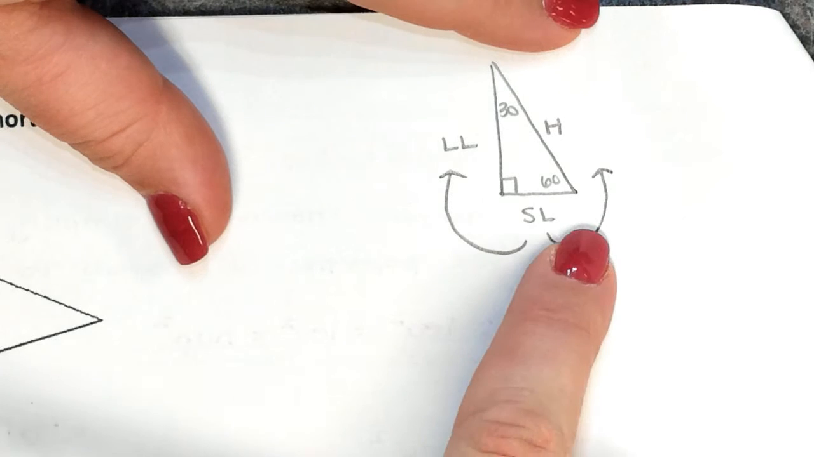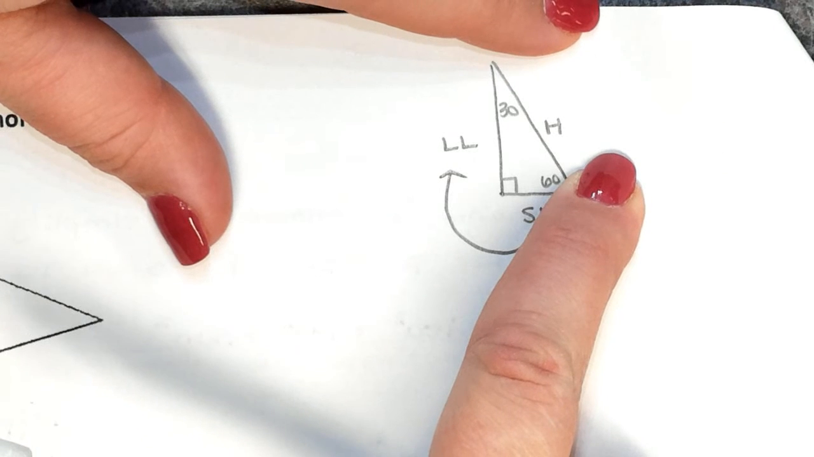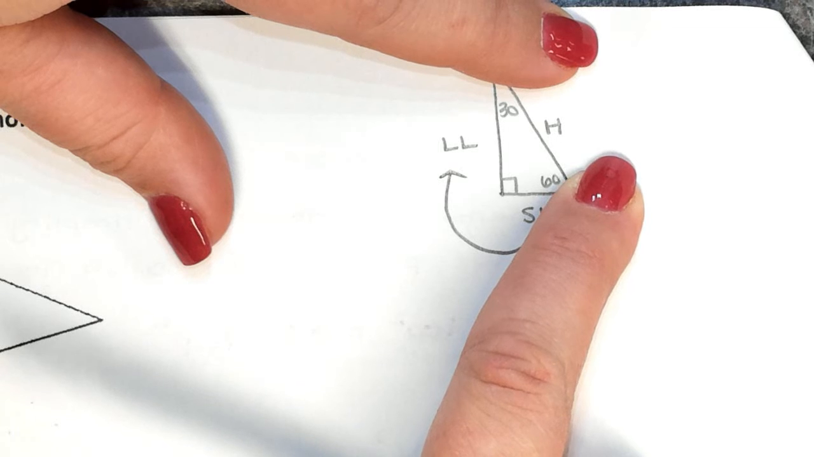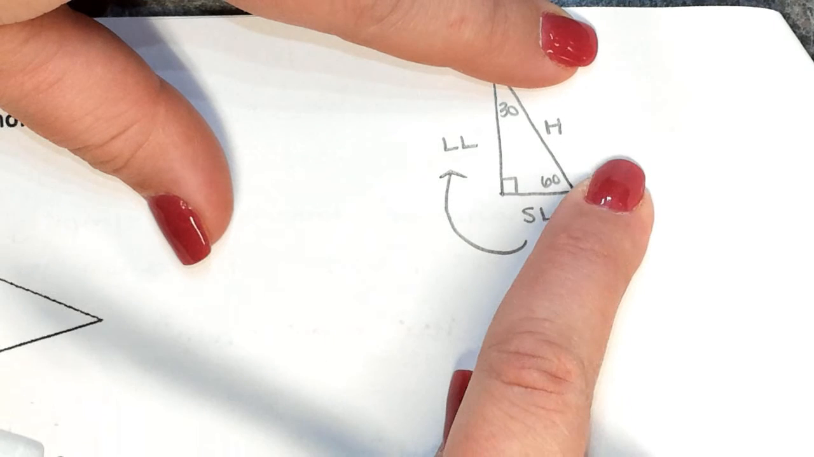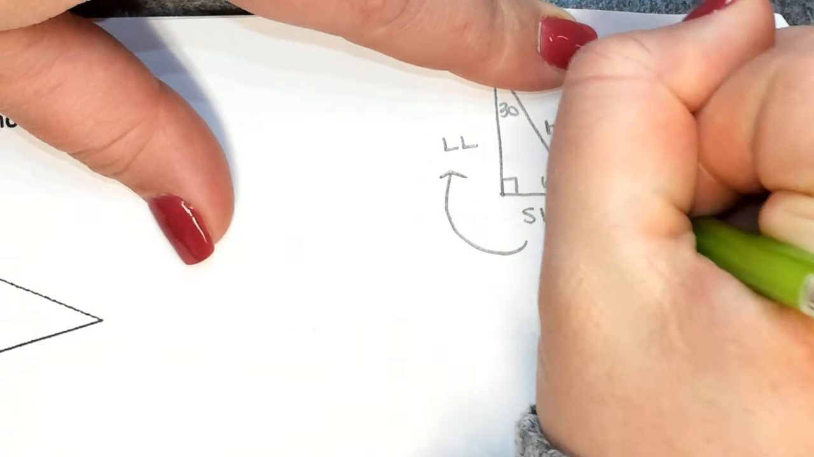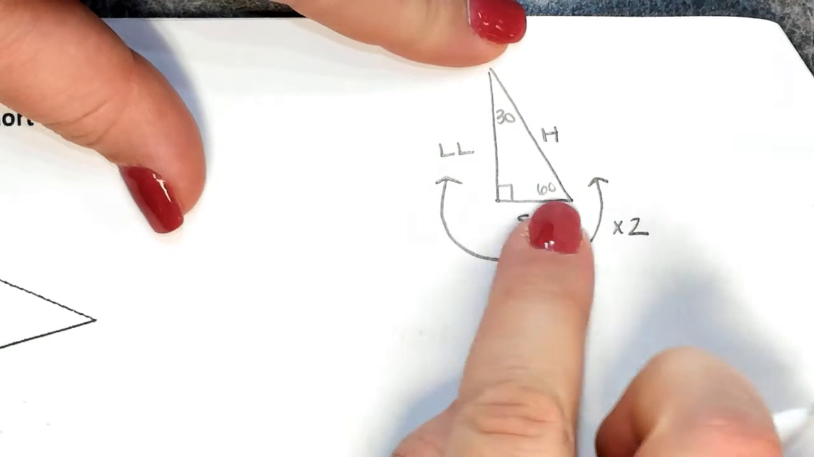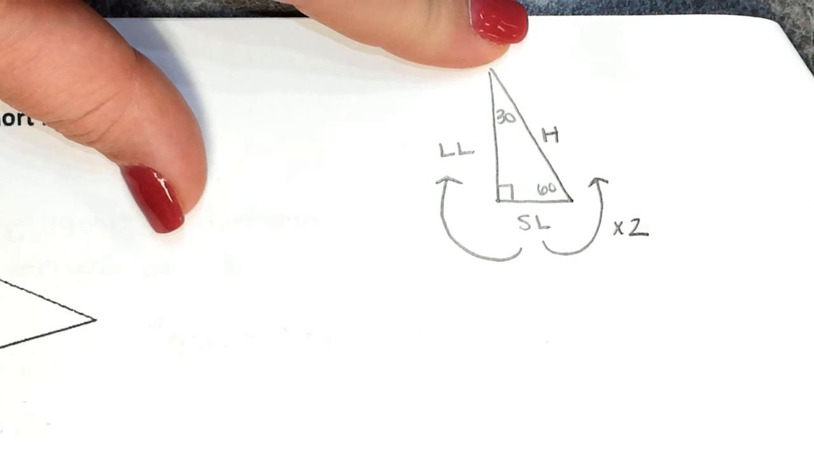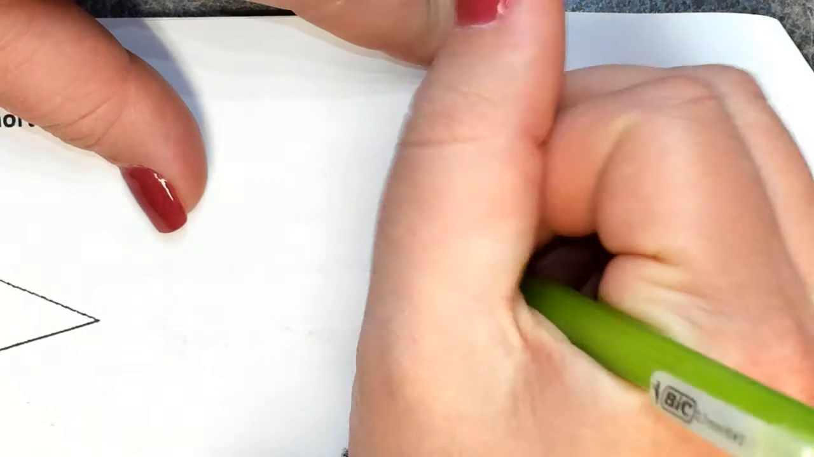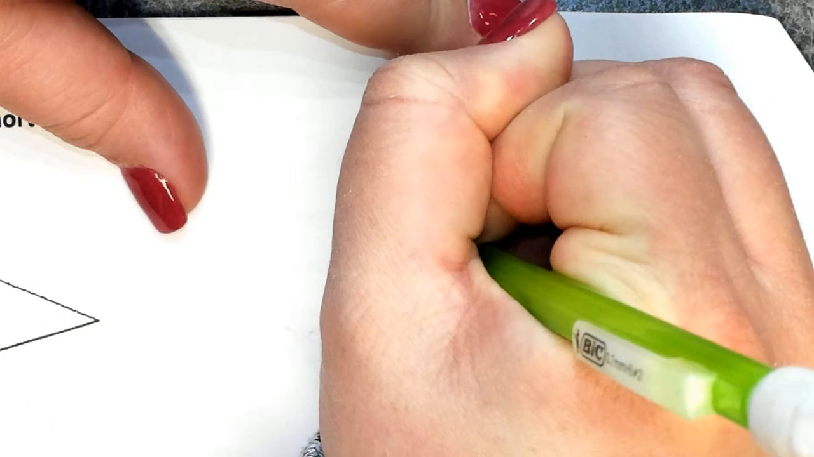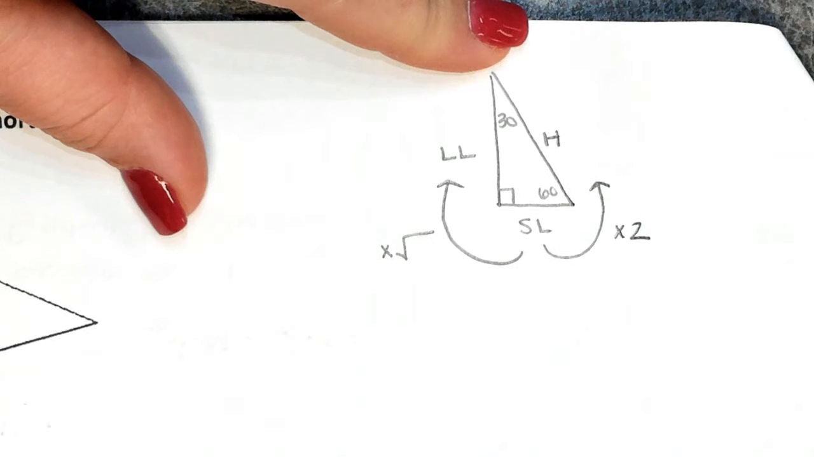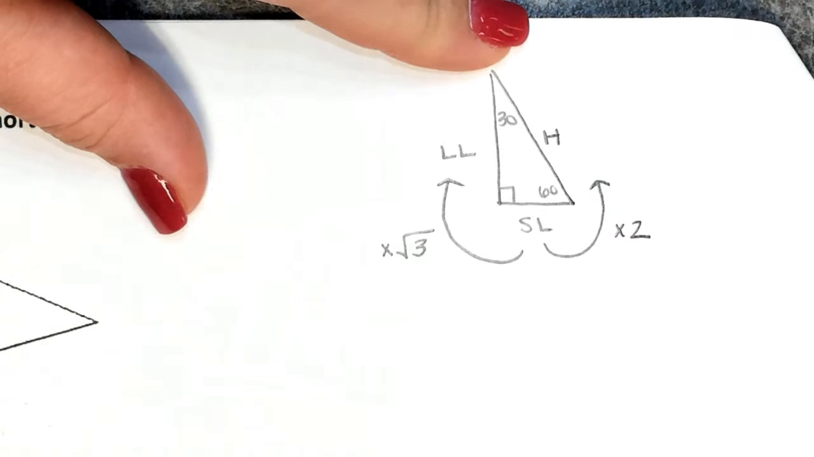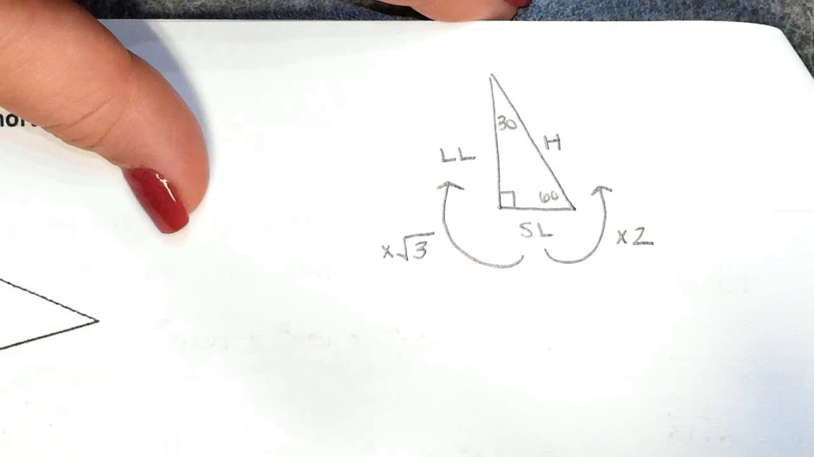How do you go from the short leg to the hypotenuse? What operation do you do from the short leg to the hypotenuse? Multiplying by 2. Remember that short leg was half of that whole equilateral side, so the hypotenuse is double it. Okay. How do you go from the short leg to the long leg? You're multiplying by what? Square root of 3. Okay, so now that we have our rules there, we know the opposite way is just